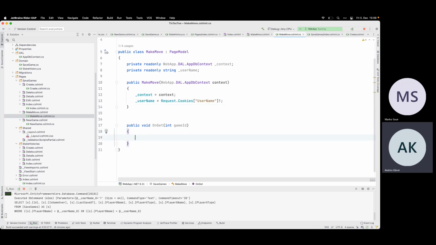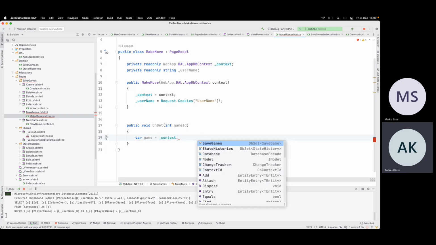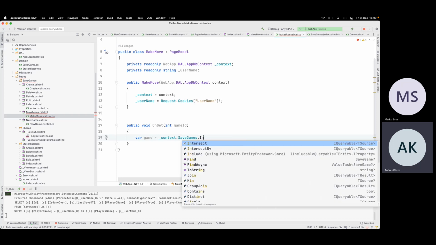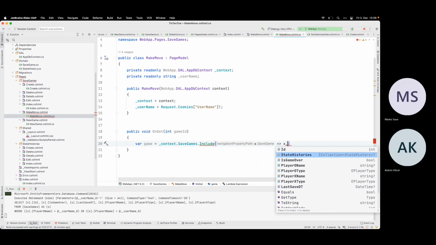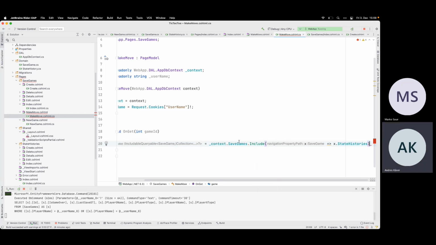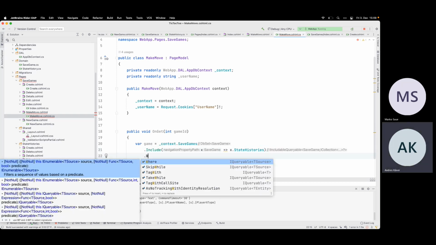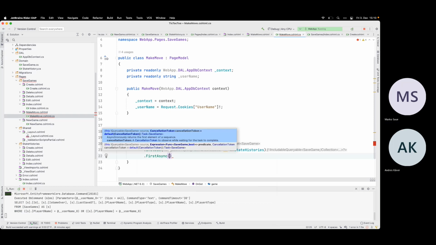And if I have the game ID, this means that I can now load my game. Save games. Now I want to get histories also. And I want to do the first, or let's do the first async.